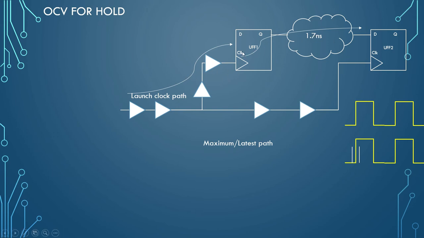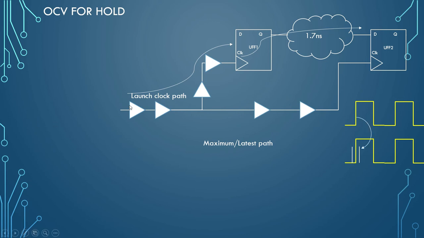We already discussed that this becomes a minimum path, so it has a min requirement, and hence the worst condition for hold check occurs when the launch path has the OCV condition which results in the smallest delay, because we are trying to stress further, right? So we have to pull it further. So this becomes your early. We will apply early derate in this path, and we will apply late derate or max derate in this path, because we are trying to make it as fast as possible. The data has to be as fast as possible, and in the clock path we are trying to push it so that we get more skew delta for hold in the capture path.